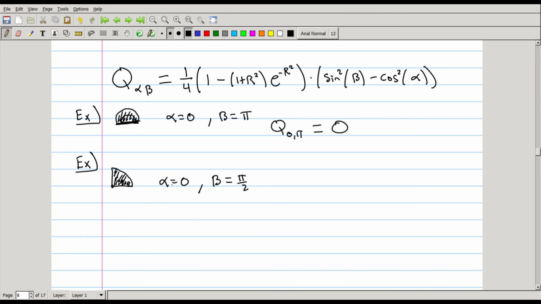This one is from 0 to 90. The charge in that segment of the plate is going to be 1/4 times 1 minus 1 plus r squared times e to the negative r squared